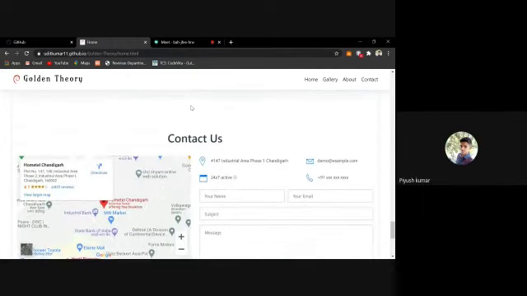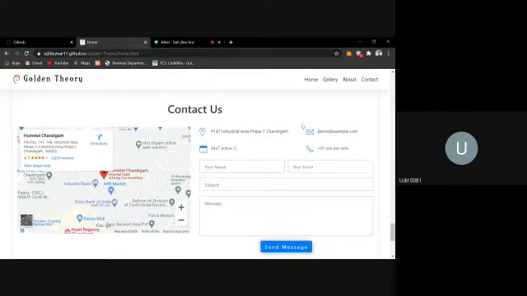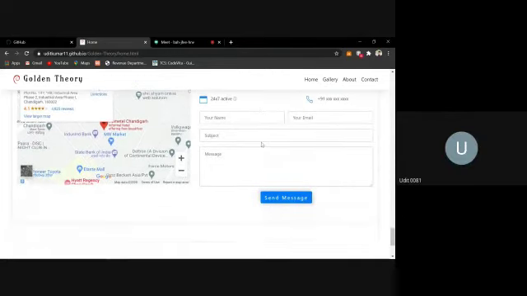Yes. So in contact us, we haven't used backend, but to give a brief idea, we have used some contact us like where our hometown is or where we are currently living. Here it's not an actual map location. We just gave a random location to make the website more attractive to the user. And even here, we use Google Maps.